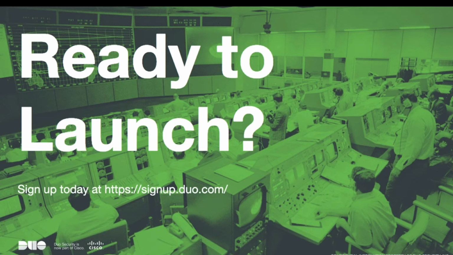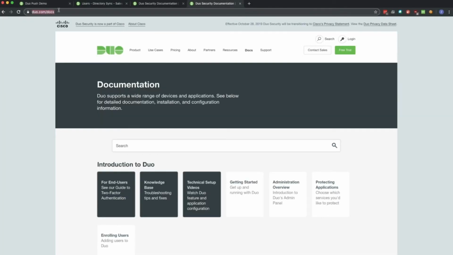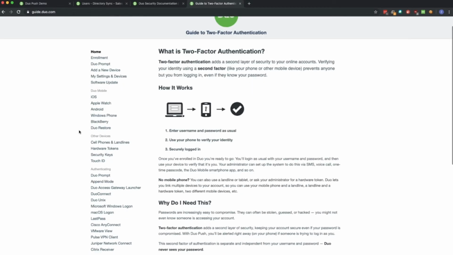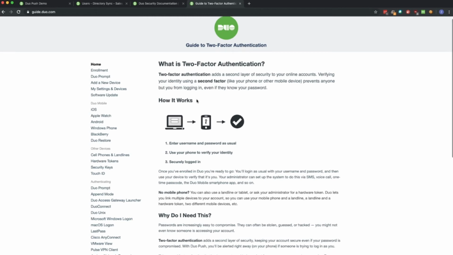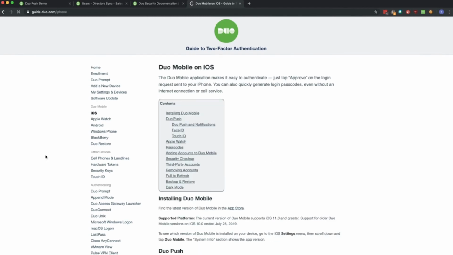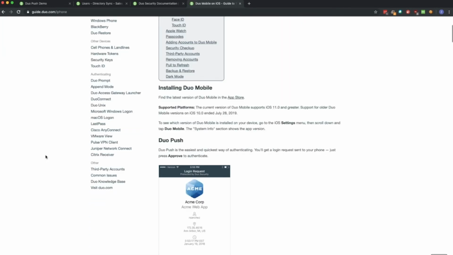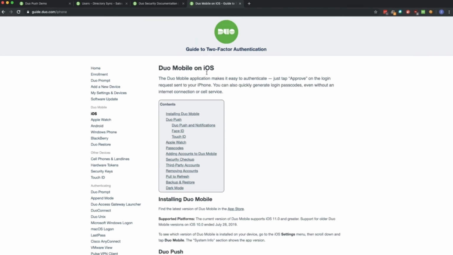So one of the resources that I would really encourage anyone who is checking out Duo to take a look at is going to be our guide documentation. This is an end user facing guide to two-factor, pretty comprehensive, going from what two-factor is to exactly what Duo is going to look like for interaction across all of these different platforms and tools, and letting them know exactly what information is being collected on their device.